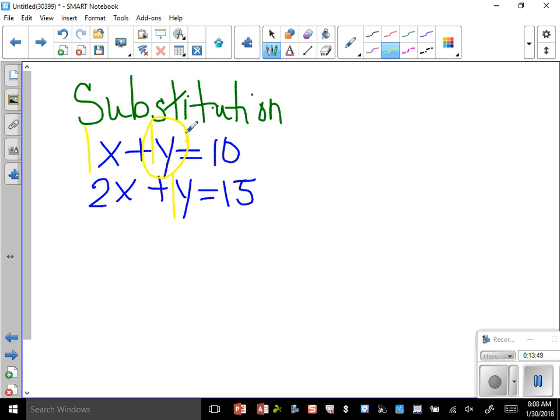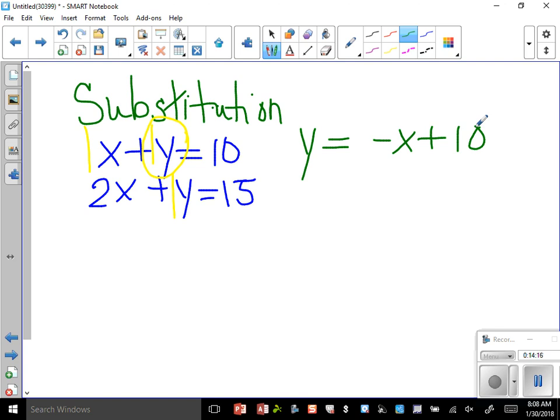That is step 1, right? So since I'm going to isolate y in the first one, I just need to move the x term to the other side. Is that correct? So how do I get the positive x to the other side? I just subtract it from the other side, so that I'm going to end up with y equals negative x plus 10. So I just moved it to the other side by subtracting it over. So that's step 1, right? Step 2